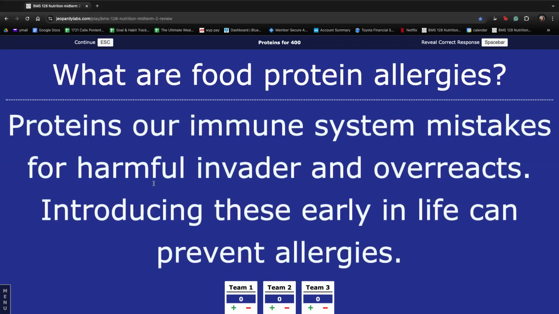They are proteins our immune system mistakes for harmful invaders and overreacts to. And when you introduce these to babies, they usually recommend you do it after 6 months because before that, their immune system is not developed enough. And even when people grow up, sometimes the immune system overreacts, even though something like lactose or a dairy allergen is not harmful, but our body just thinks it is. So